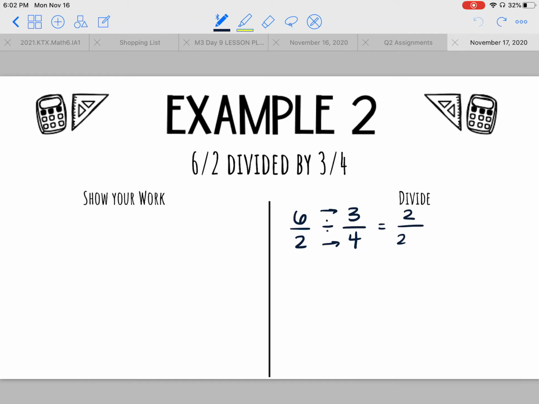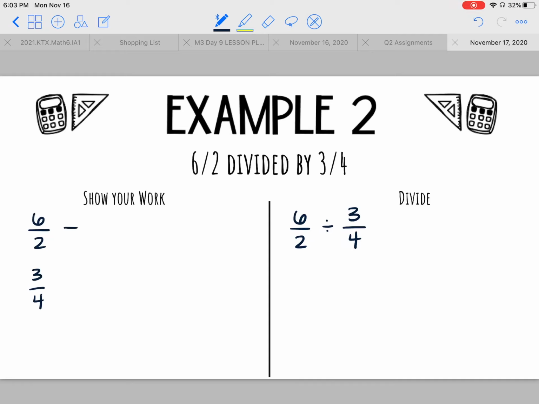So what I need to do is think about what we did in the last example. In the last example, remember that we said if two fractions have the same denominator, then we can divide straight across. But these fractions don't have the same denominator. So what I'm going to do is skip count to find equivalent fractions so that I can find a common denominator. So I'm going to set up my 6 over 2 and my 3 over 4, and